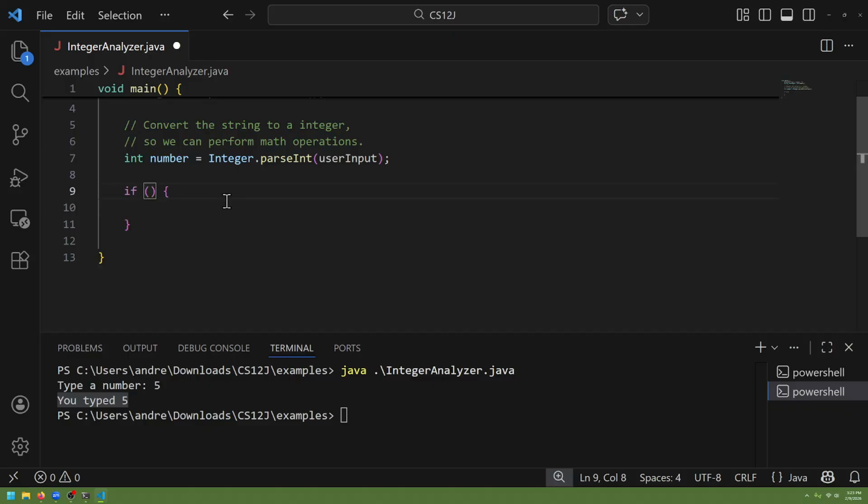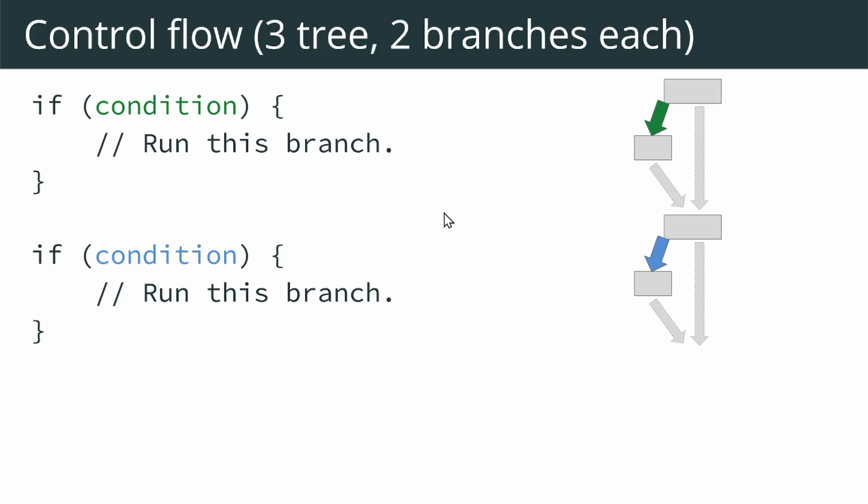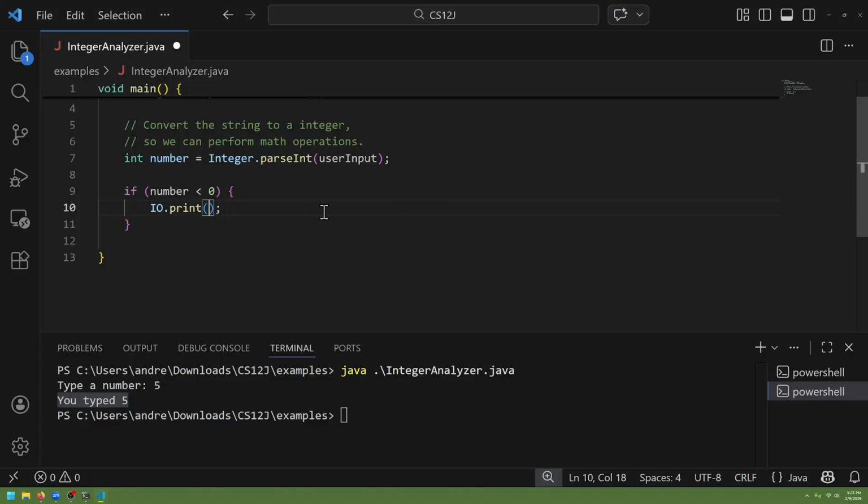All right, so let's go ahead and represent whether or not it's negative. Well, we could say, if the number is less than 0, this is a condition. It'll return true or false. If it's true, then the number is probably negative. So then we could output something here. I'm going to output the result here, which should say something like negative. So I'll put negative, and then